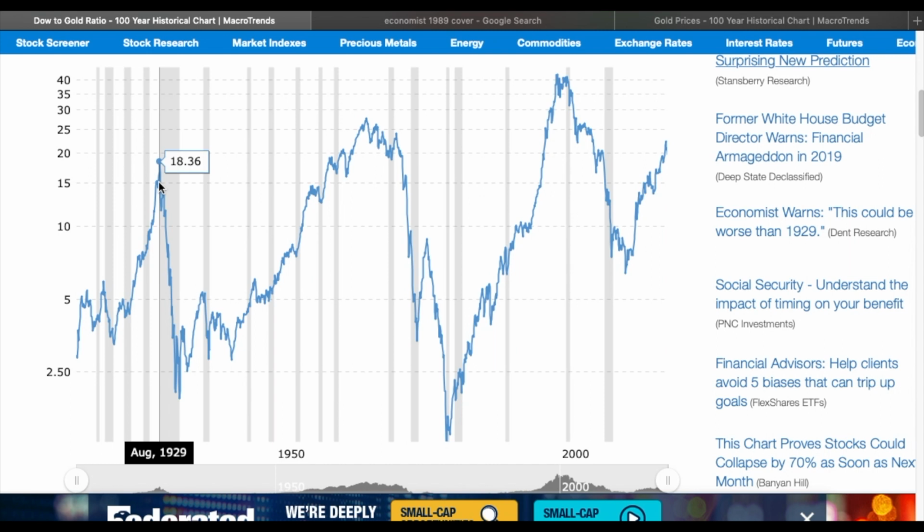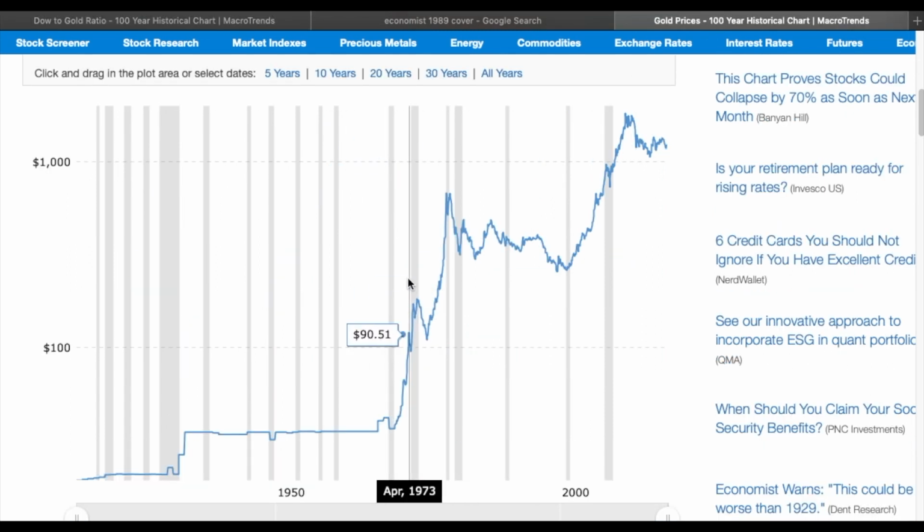But we'll jump forward to the 60s. You can see on this chart, 1960. Let's look for the magic number 18. It came about 1962. The 60s was a huge inflationary period. This is when Nixon, on August 15th of 1971, closed the gold window, and with that, he basically allowed gold to float freely, or the dollar to float freely against gold. You had historic inflation in the 60s to the 70s.